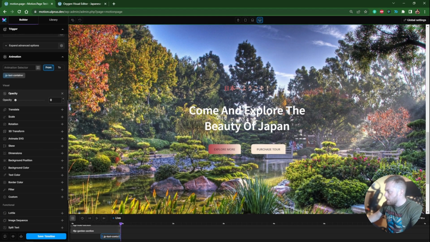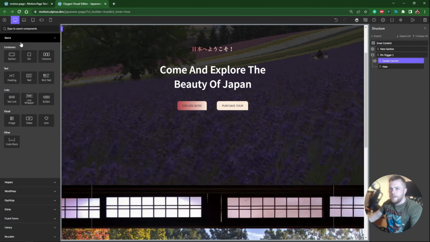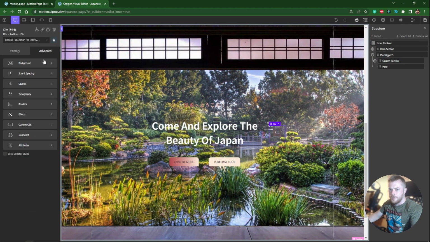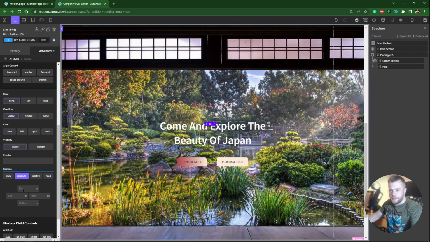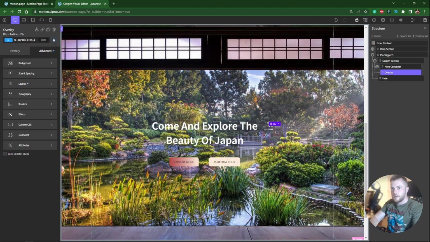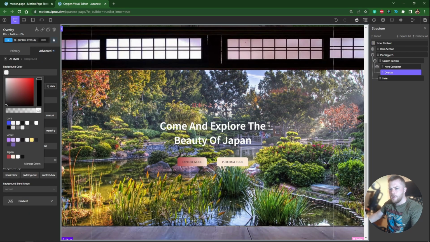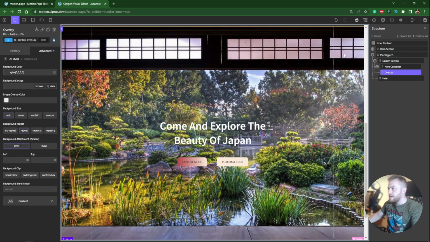Perfect. I think I'm going to do one more thing, guys. I want to add an overlay. So in the garden section, I'm going to add another div. This also wants to be positioned absolute. So let's go layout, absolute. I'm going to span it across the whole section here. I'm going to call this overlay, and let's change the ID as well, page garden overlay. I'm going to give it a background of just something transparent,